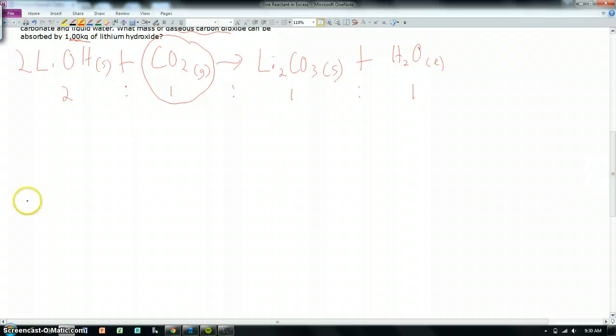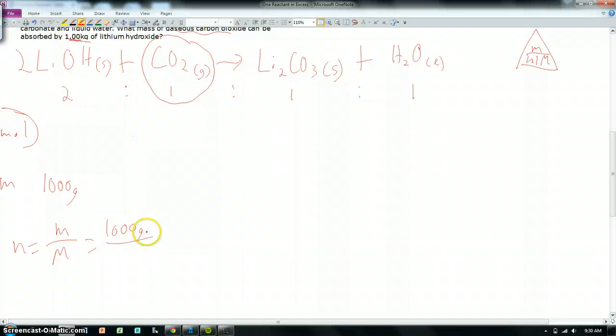So I have a mass here. I'm going to put my masses here and my moles here. So I have a mass of 1 kilogram of lithium hydroxide, which we know is 1,000 grams. Now all we have to do is use our M&M equation to find our moles. So we cover up our N, we get M over big M,